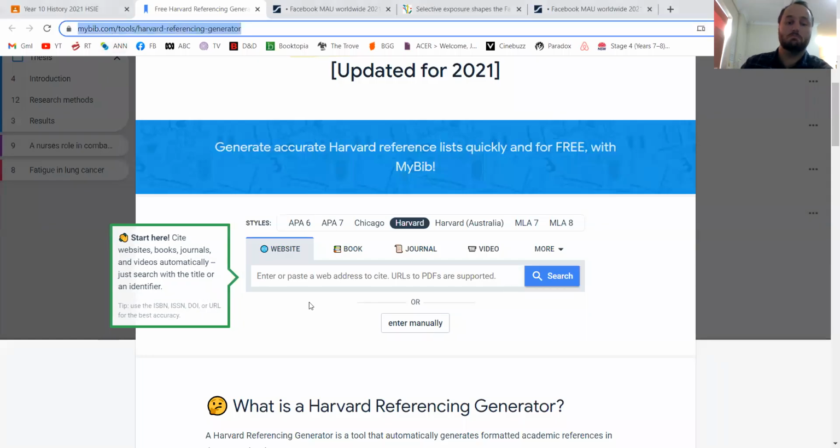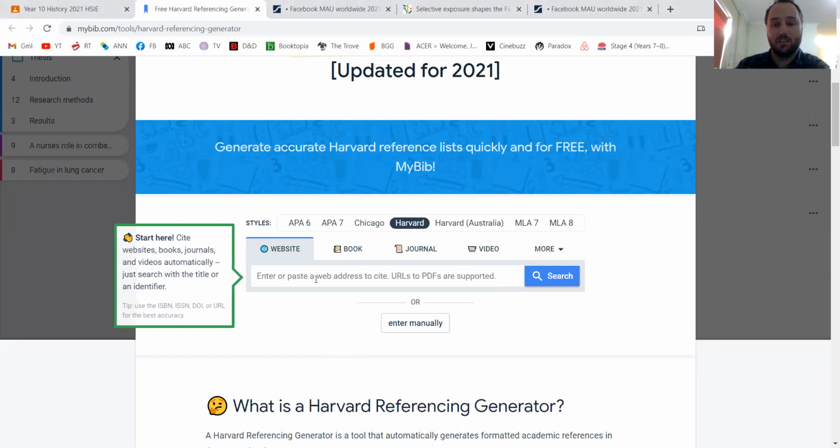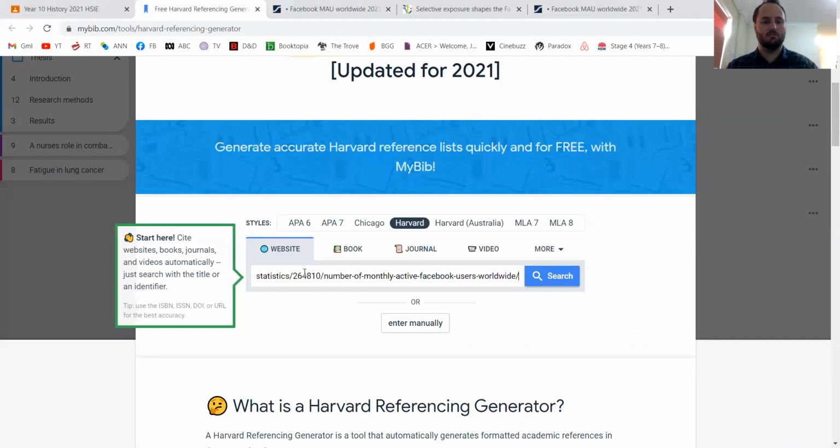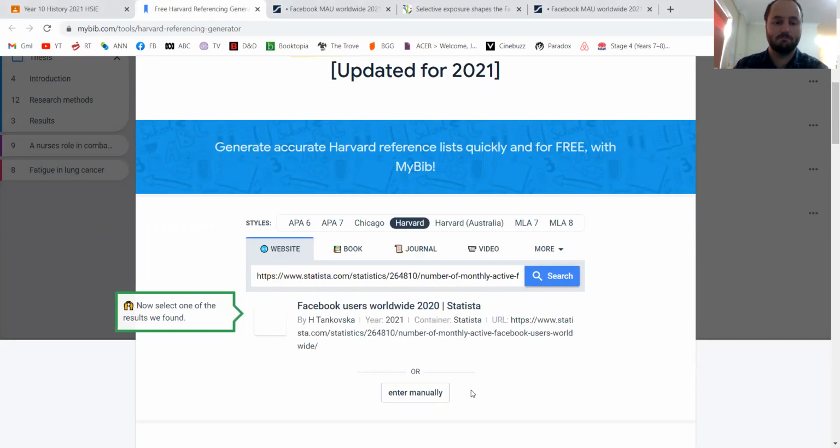MyBib.com. So all I need to do for this reference is I choose my style. There's a bunch. I want Harvard. And that source I just found was a website, so I'm going to choose website. You can also choose books, videos, journals, whatever. All I'm doing is copying the web address into this, and I'm going to go search.